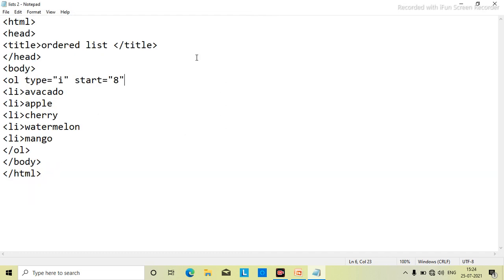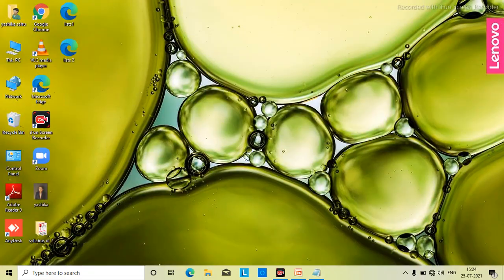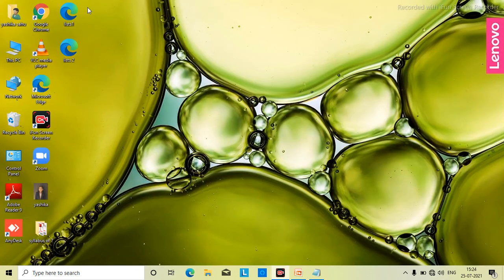2.html. Okay, I can show you the difference now. Desktop, see here. It has started from 8, 9, 10, 11. Okay, understood? I hope it is clear, right? Here it might not be visible. Okay, it's okay. So now let's go to the PPT.